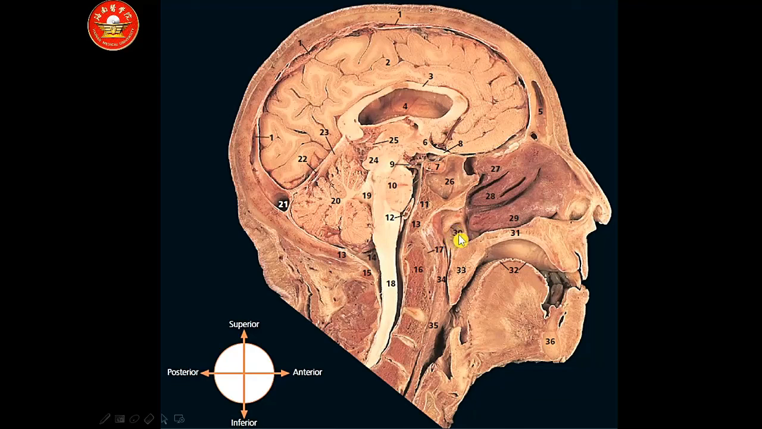as the Eustachian tube, 31 is the hard palate, 32 dorsum of the tongue, 33 is the soft palate, 34 is the nasal part of the pharynx, nasopharynx, 35 is the oral part of the pharynx known as the oropharynx, 36 is the mandible,